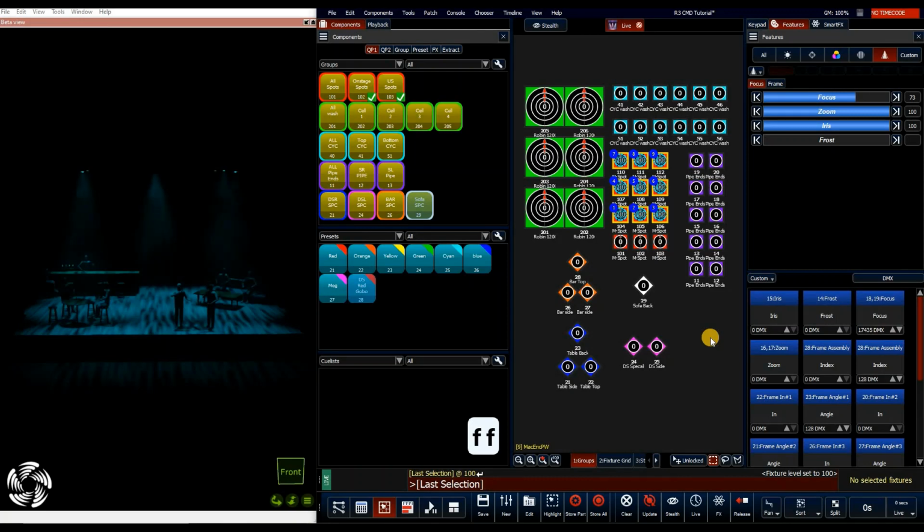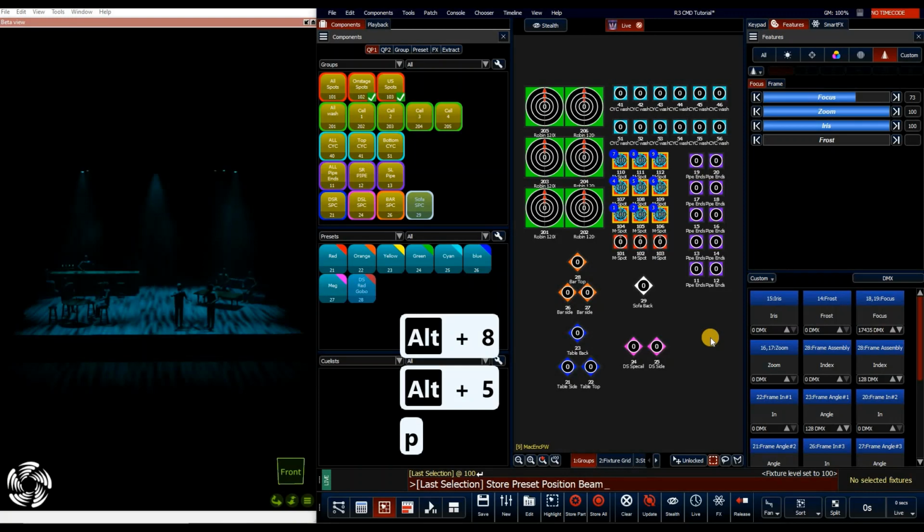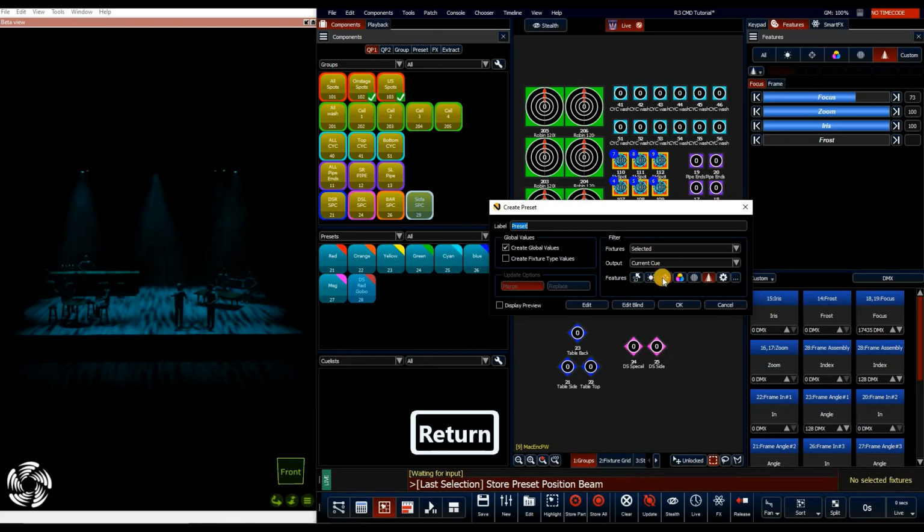I now can go store, and I can go Alt 8 for position, Alt 5 for beam, P for preset, enter. And as you can see, it has automatically filtered for me just my position and just my beam information. So I can call this